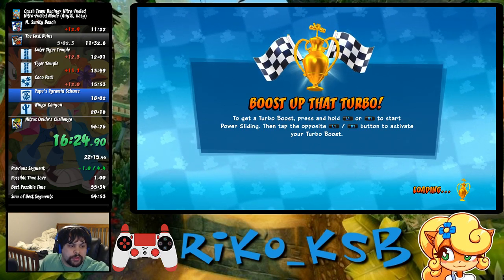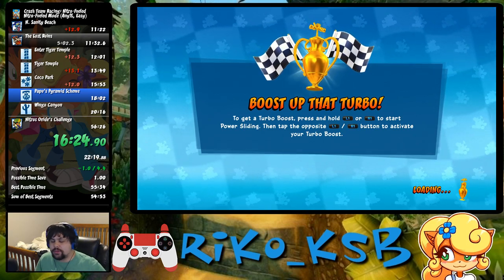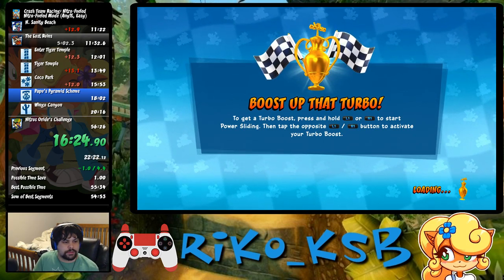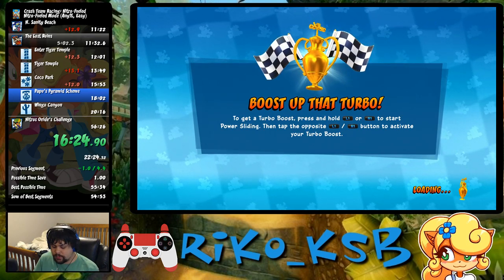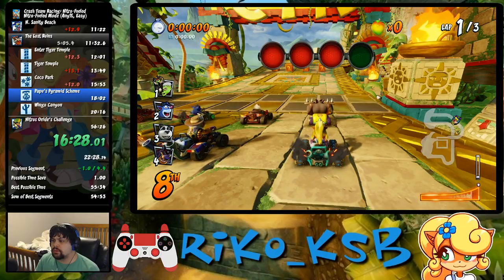I like how Cocoa Park is your highest ranked track now after the shortcut with Roost Tubes was found. There was a shortcut with Roost Tubes? The fuck? Oh yeah, the glitch shortcut. Oh, is it a lap skip? It's not a lap skip, but it's a...